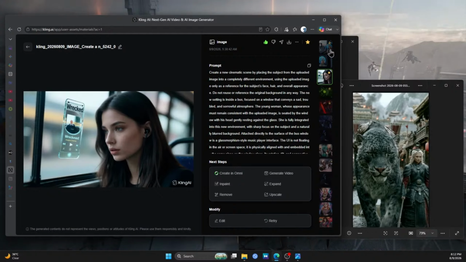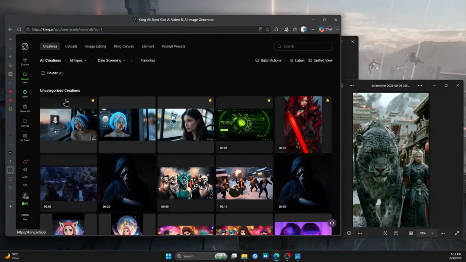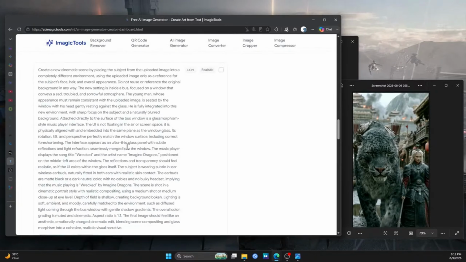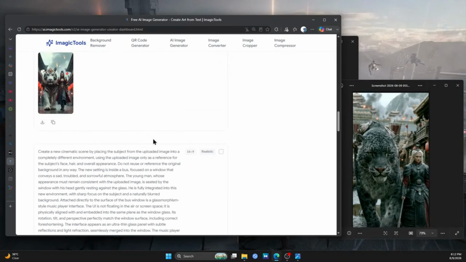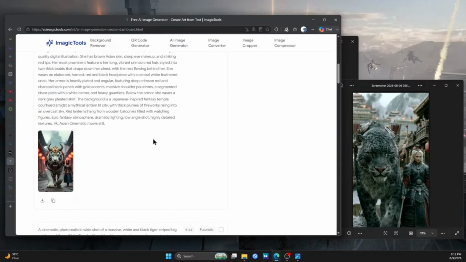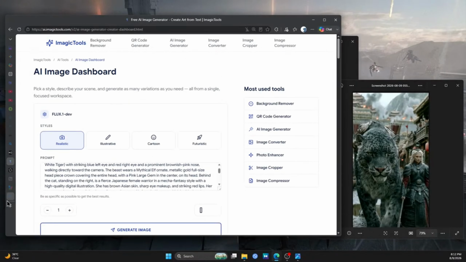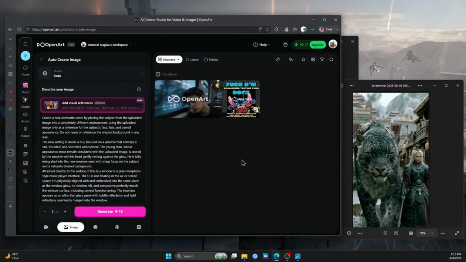Again, pretty cool. So you can see, depending on the prompt type, it will nail it dead on, as close as possible. So that's pretty good. I mean, that is freaking amazing. You know what I mean? That is amazing. So one last test, and I don't have a lot of points. I do have points in Kling, but I want to save it for maybe a video. And I think in OpenArt, I only have 10 credits left, so